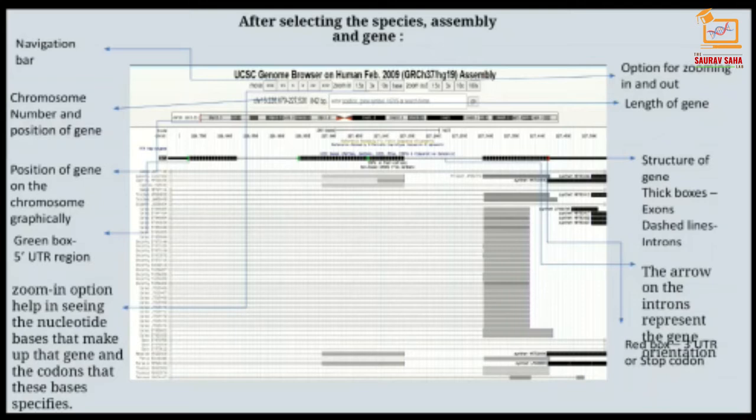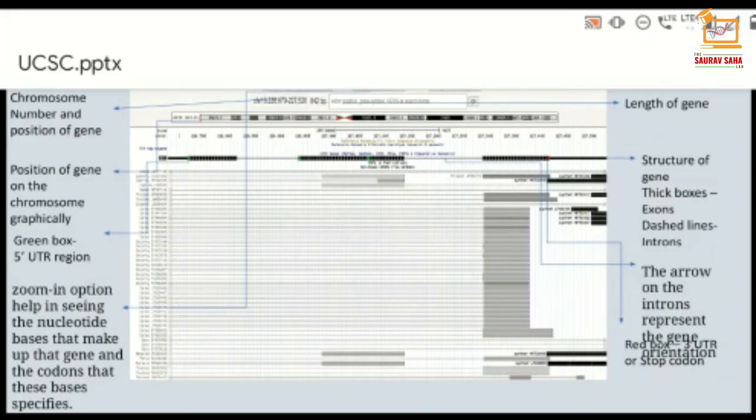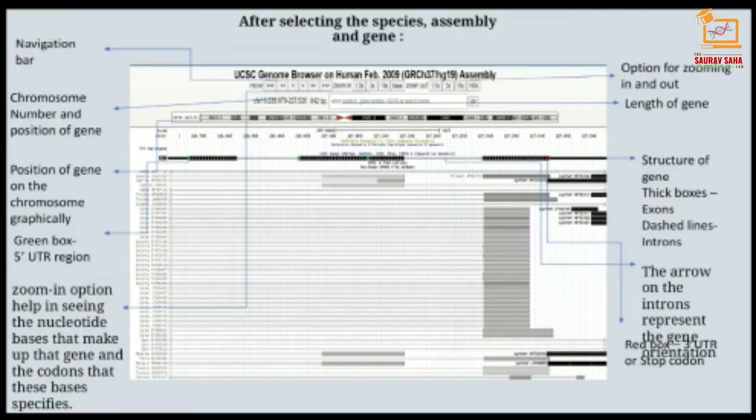Some genes may also have isoforms. An option for hiding a specific track is also present so that the user can focus on the track which he or she is most interested in. Other options like the dense option display all the features collapsed into a single line. This helps in getting an overview of an annotation.